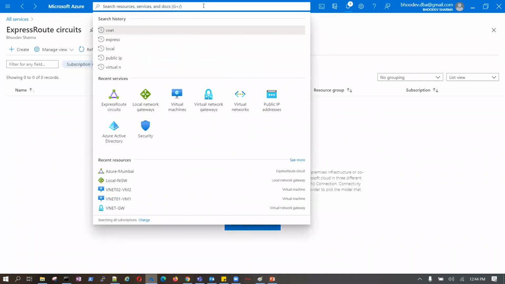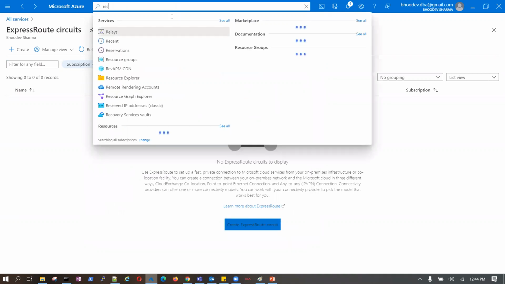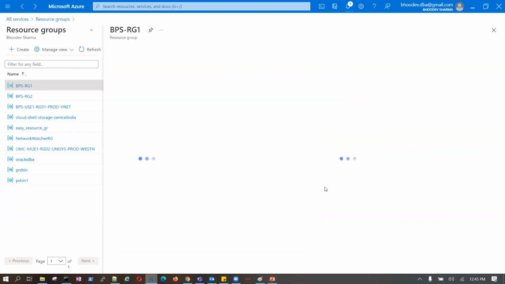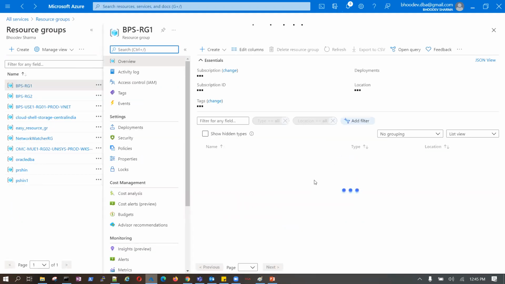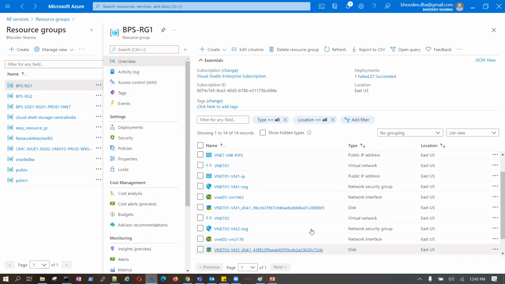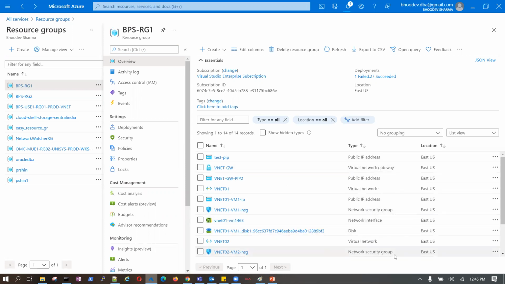Today, I have deployed all my resources in resource group RG1. Now I will look at all the resources. So many resources are available.